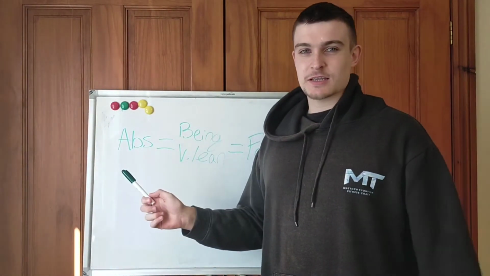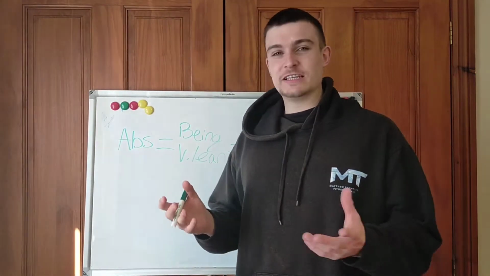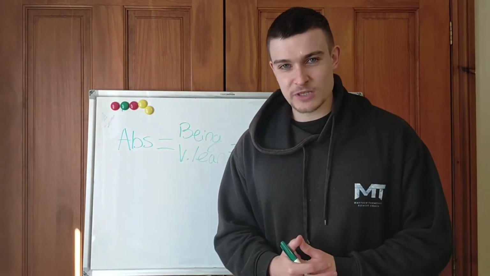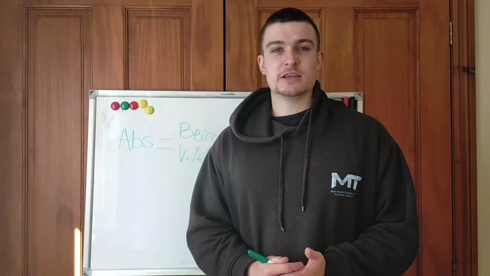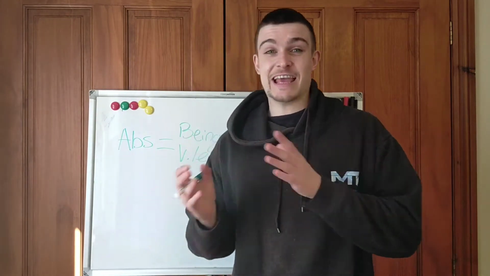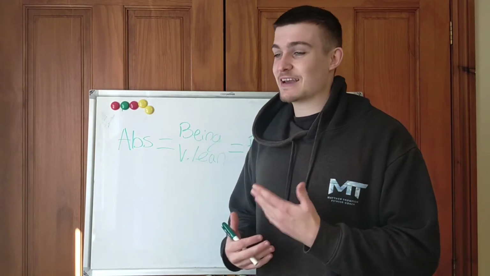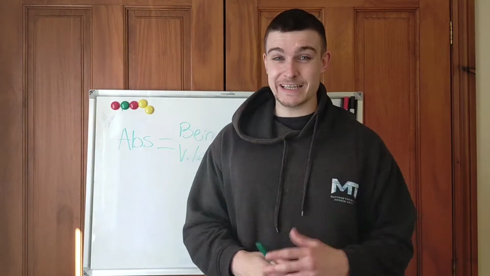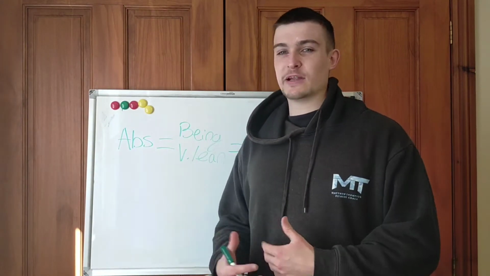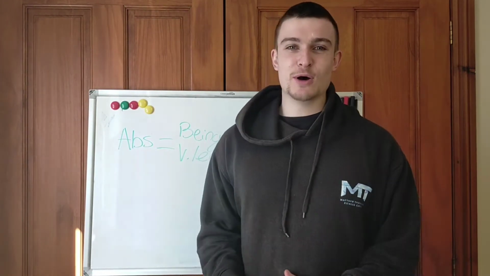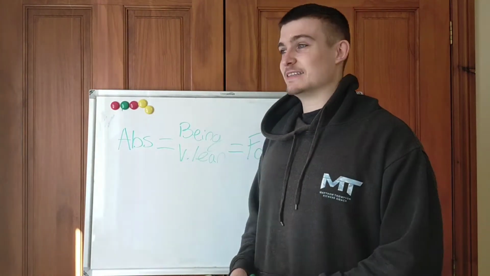Okay, so let's break this down really simply. To have abs, that requires you to be very lean. Obviously it's very individual dependent. If people have more developed abs, then you're probably going to be able to see them without being as lean as someone else. So there are different levels of leanness here. Everyone's different, but you're going to have to be pretty lean in general to see visible abs. Depends on your goal. You might not want to be absolutely shredded to the bone, so you might not need to be that lean, but you're going to have to be relatively lean.